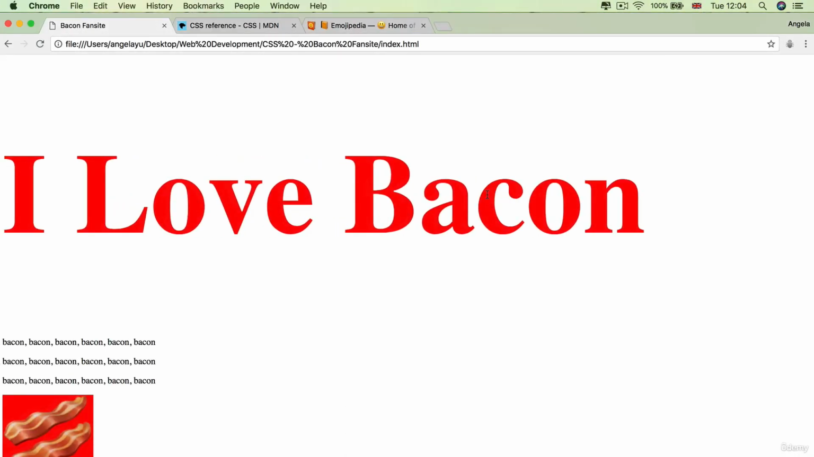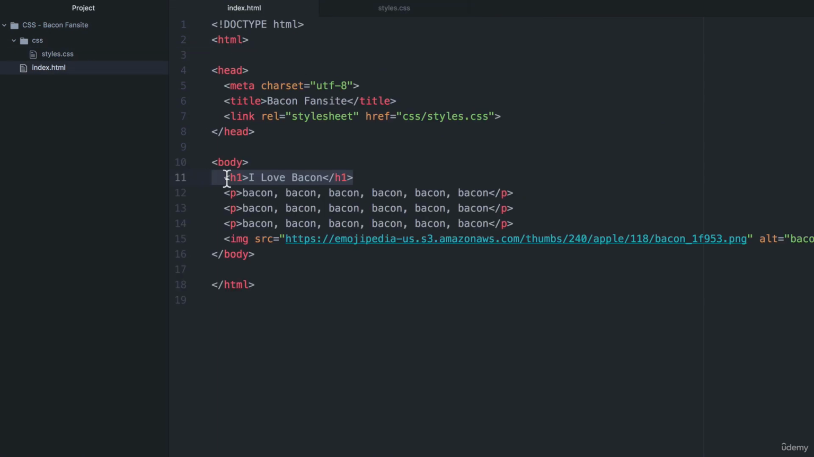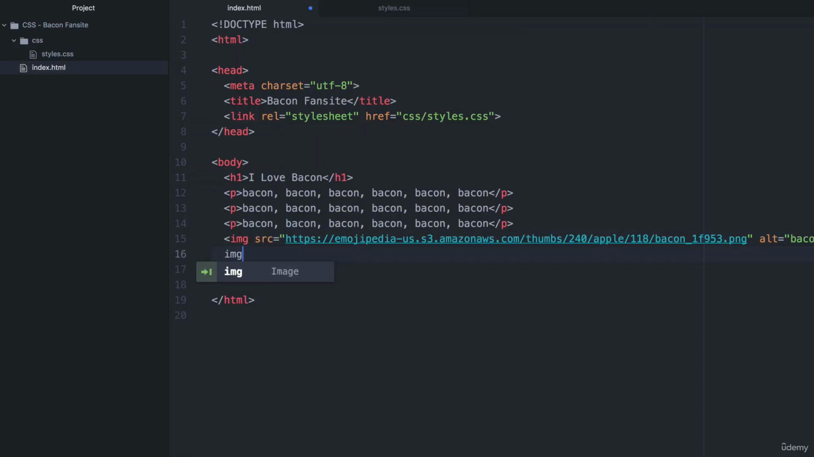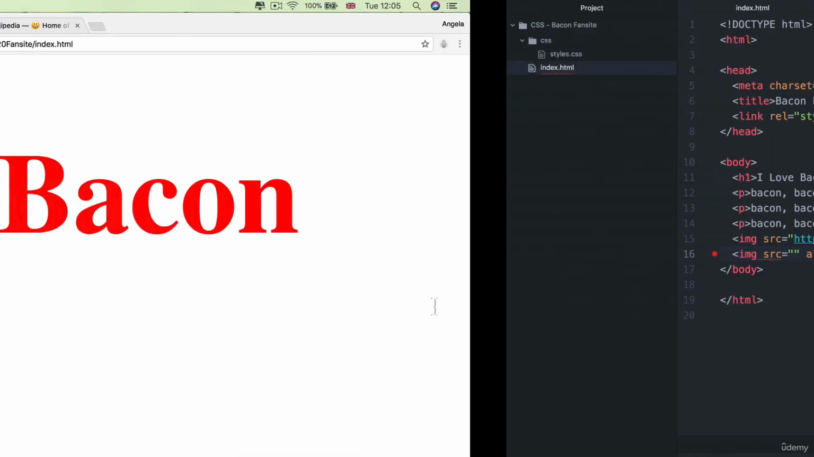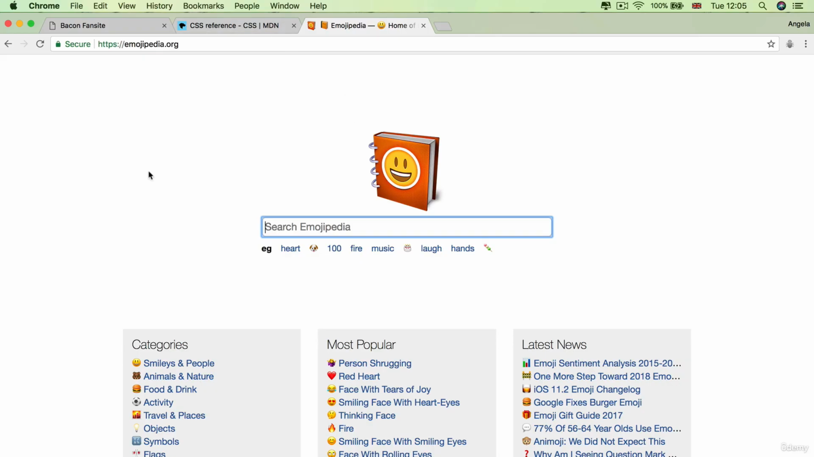Now, in the last lesson, we looked at the simplest type of CSS selectors, and that is selecting based on the HTML tags. Now in this lesson, I want to show you the other things that you can use as selectors in order to make more specific changes to your website. So for example, we have this image of a piece of bacon. Now what if I wanted to have another image that was a broccoli, and I want to show people how much I dislike broccoli? Then I could go to Emojipedia and search for broccoli,